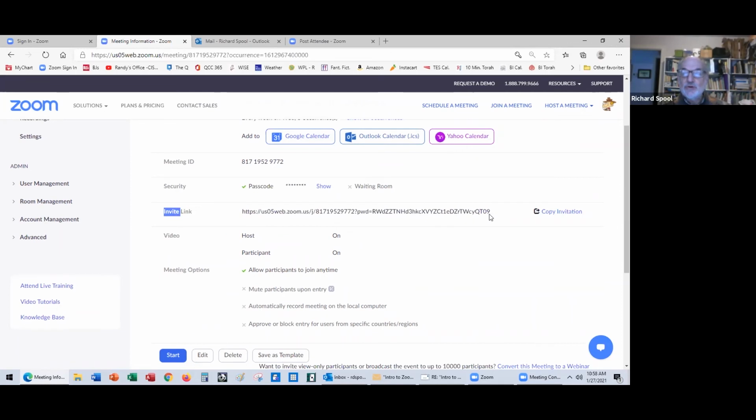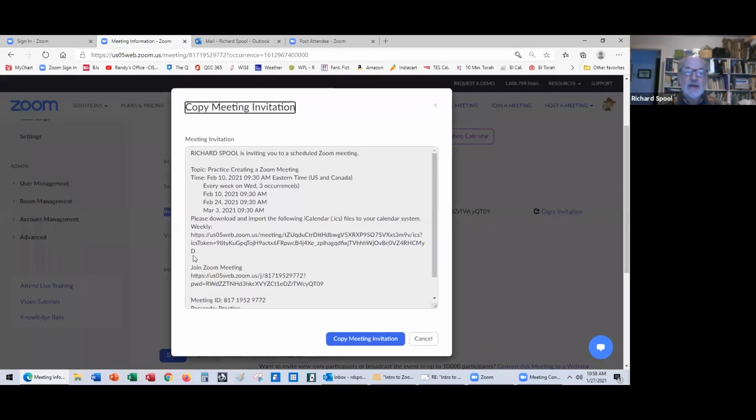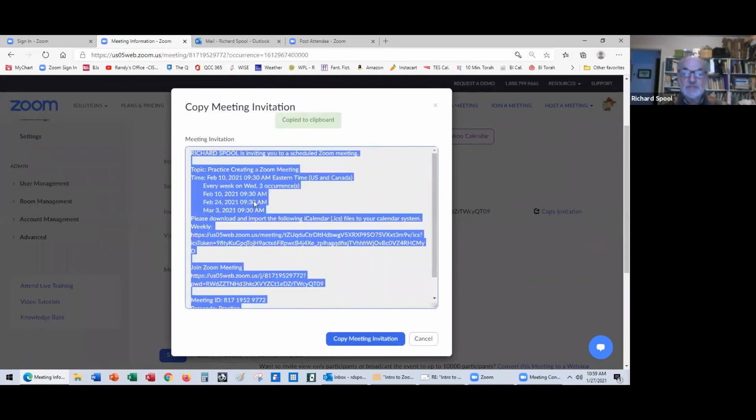And you can copy this, but no one ever does. Go over to copy the invitation. Here is that invitation. And all you have to do is click on this, copy meeting invitation. All this stuff, and I'll explain it when we look at it, is copied to, in my case, the clipboard, which is what they use in,